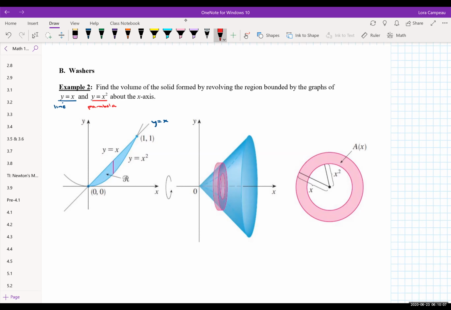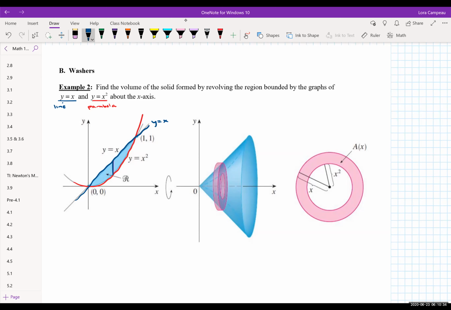And we can see that labeled as well. If you feel the need to, sometimes just color coding them really helps us just see. I'm a little shaky there, but you understand the point from there. So one of the things, if you're trying to understand why we would use washers, is we would take this